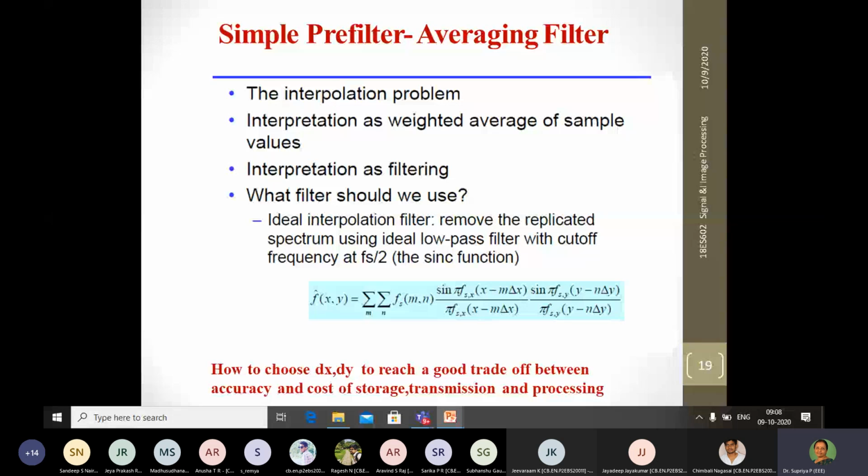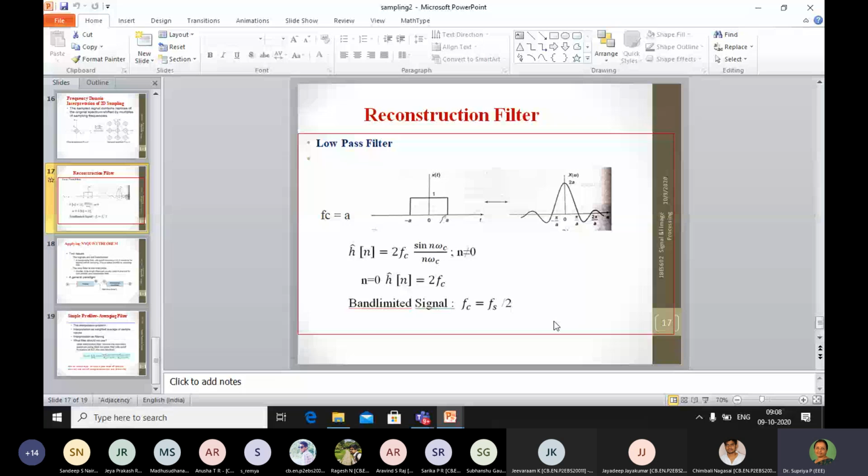With this base, we have gone in for considering a basic interpolation filter, which could be applied for images, but more in detail may be considered later. Only these two slides would be preferable to be discussed after the discussion of filters in signal processing. So that completes our discussion on